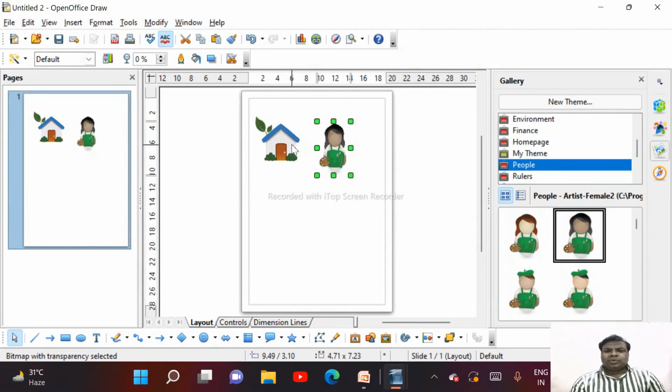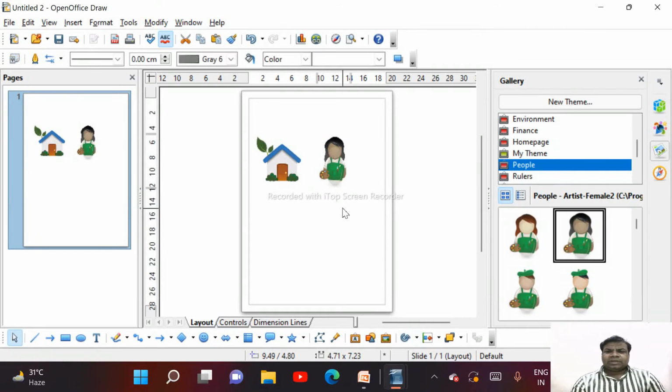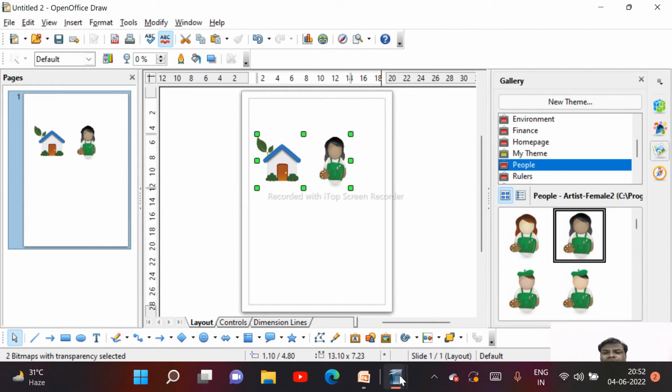Now see, both the pictures are different. You can manipulate the pictures side by side. But if you want both pictures as a group, then you need to select the pictures. Click on the first picture, hold down shift, click on the second picture. So both the pictures have been selected. Now Control C for copy. Open your Writer